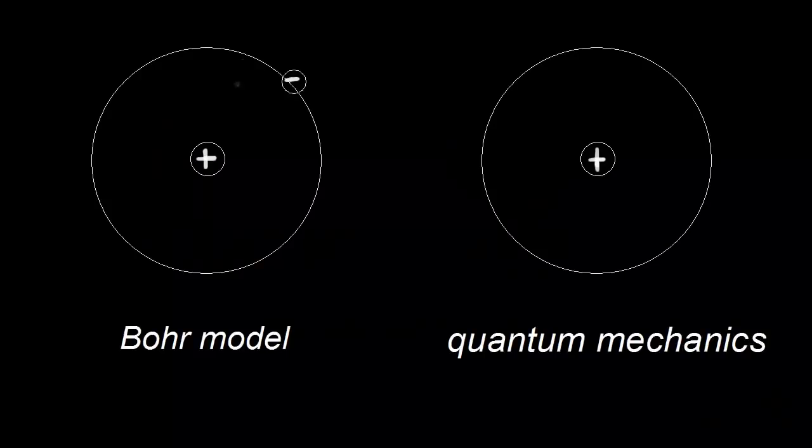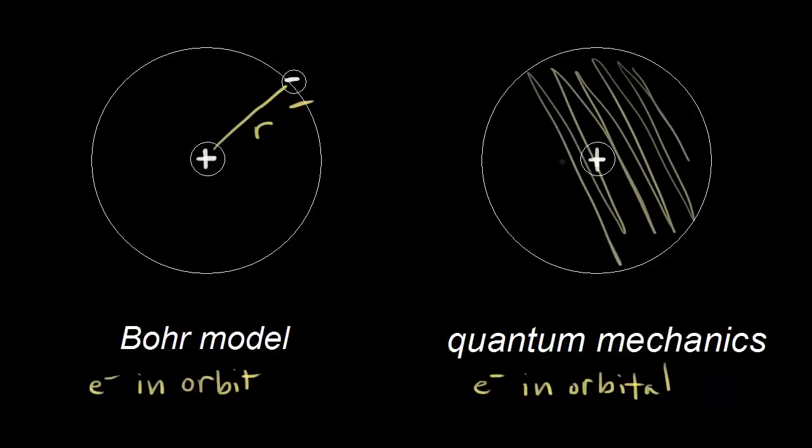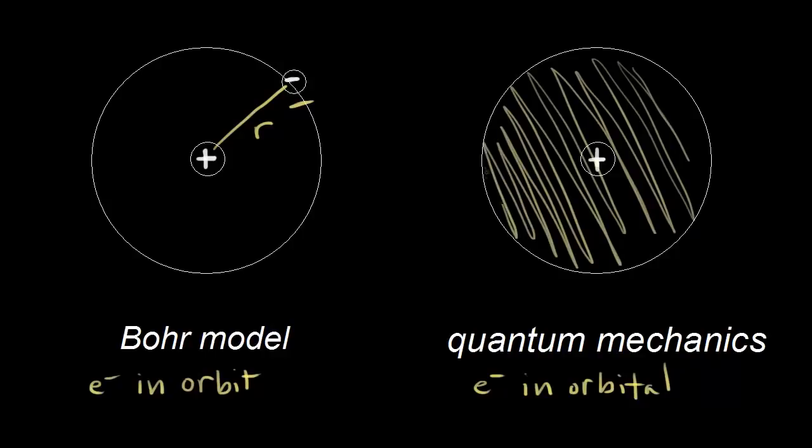In the Bohr model of the hydrogen atom, the one electron of hydrogen is in orbit around the nucleus at a certain distance r. So in the Bohr model, the electron is in orbit. In the quantum mechanics version of the hydrogen atom, we don't know exactly where the electron is, but we can say with high probability that the electron is in an orbital. And an orbital is the region of space where the electron is most likely to be found. So for hydrogen, imagine a sphere, a three-dimensional volume, around the nucleus. And somewhere in that sphere, we're most likely to find the one electron of